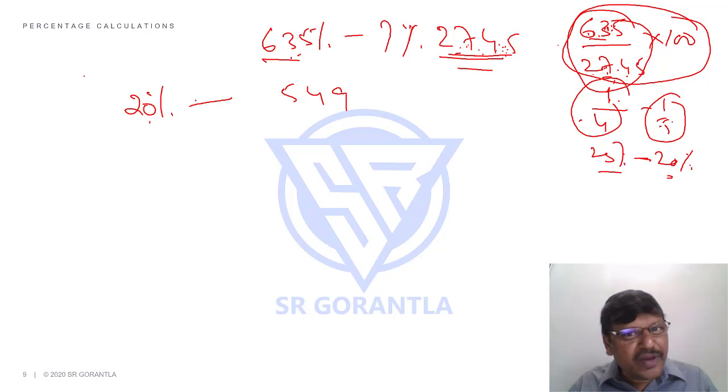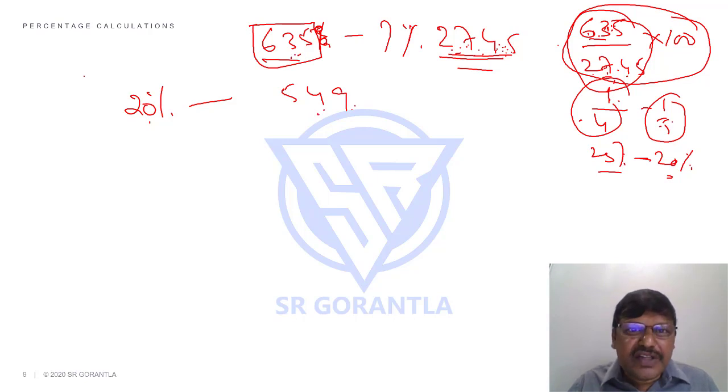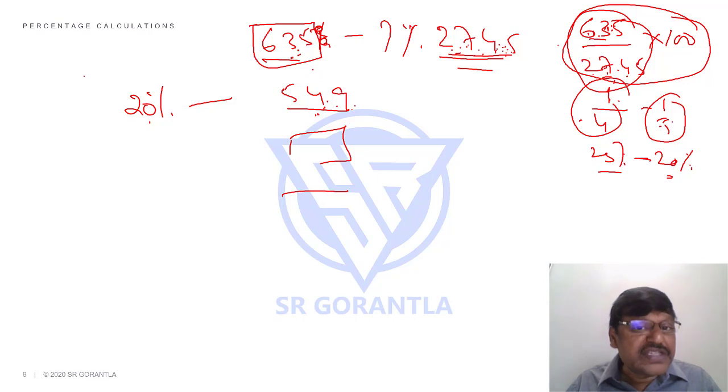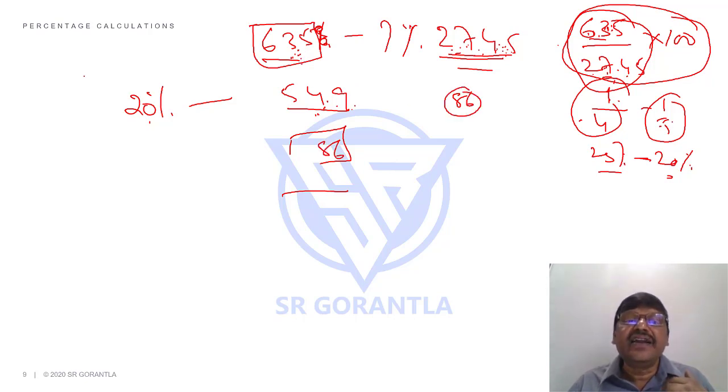Or 20% is 1 by 5. 5 5s are 25, 5 4s are 20, 5 9s are 45. 549 I got, but I want how much? I need 635. Students, how much should I increase 549 to get 635? Again, I said don't say 635 minus 549. 549 plus how much will be 635 is my question. If you remember the subtraction technique, I said subtraction by addition. If I add 51 to 549, it will be 600. But I want 635, so another 35. 51 plus 35, I need around 86. If I add around 86, I'll get 635.